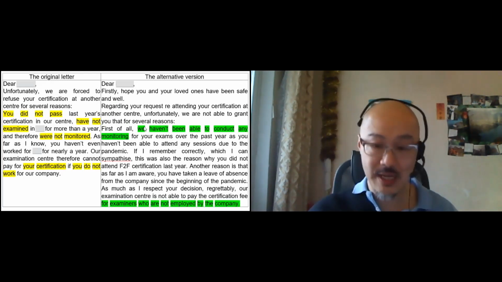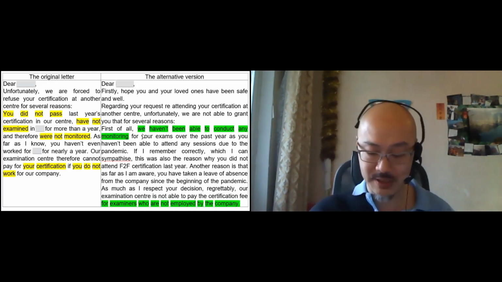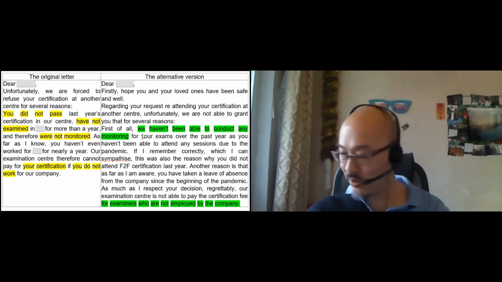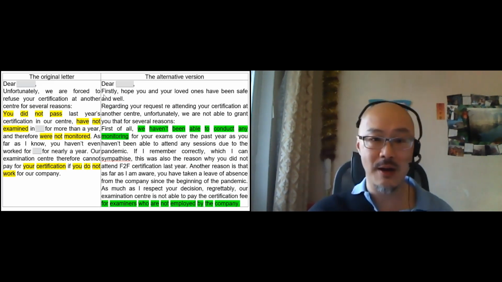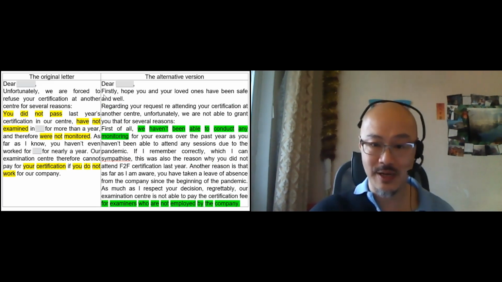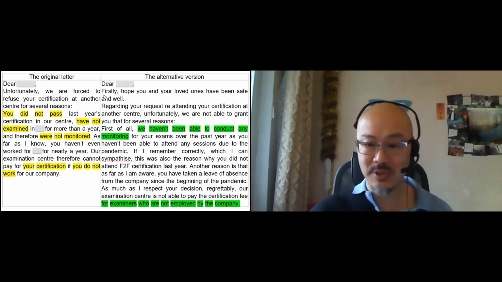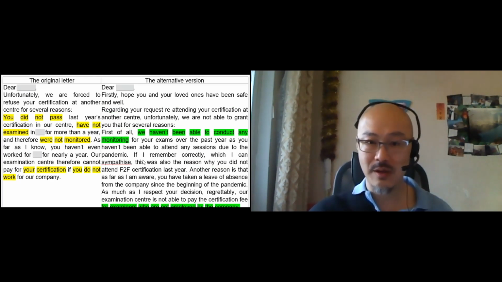Okay, the third point is avoid second person subject pronouns, you. So as I mentioned before, using we, right? So it's not just about being very accusatory, what you did not do, but more about that we couldn't do this together. Okay, finally,